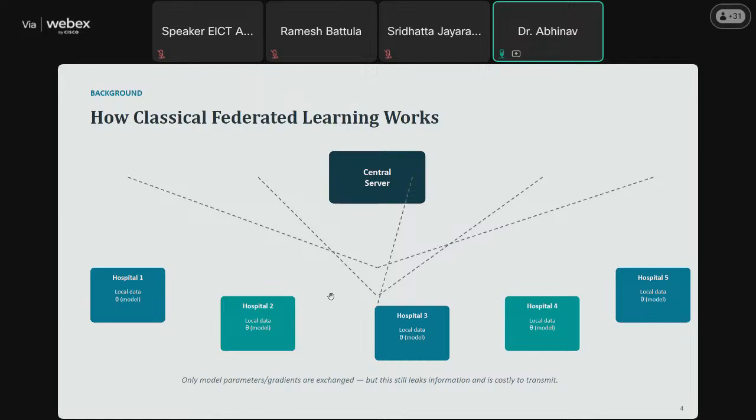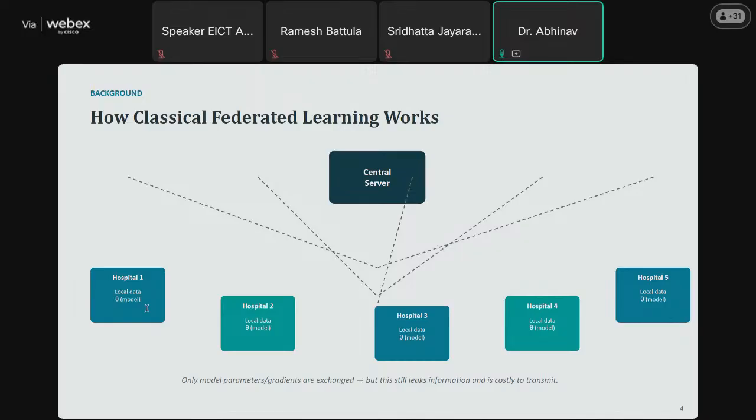This could be a deep learning model such as ResNet, DenseNet, or EfficientNet, depending on the application. The server then sends this initial model to all participating hospitals. Now each hospital trains the received model locally using its own medical images.